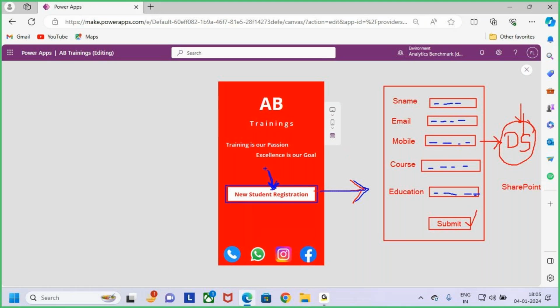whenever I click on this new student registration, it needs to open one form like this. Now I need to fill the form here. Once after filling the form, I need to click on the submit button. Submitting means I want to register the student, guys. Once I click on submit, I want to give a message to the student: New student has registered successfully. Student registration is completed. So once you click on submit, whatever data I'm entering here, I want to store this data